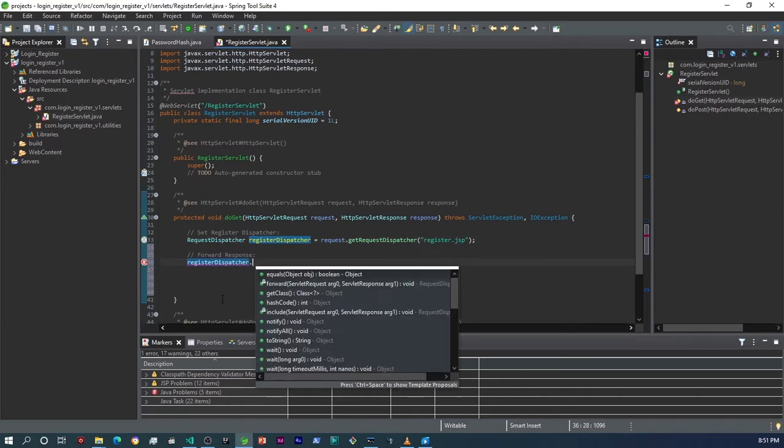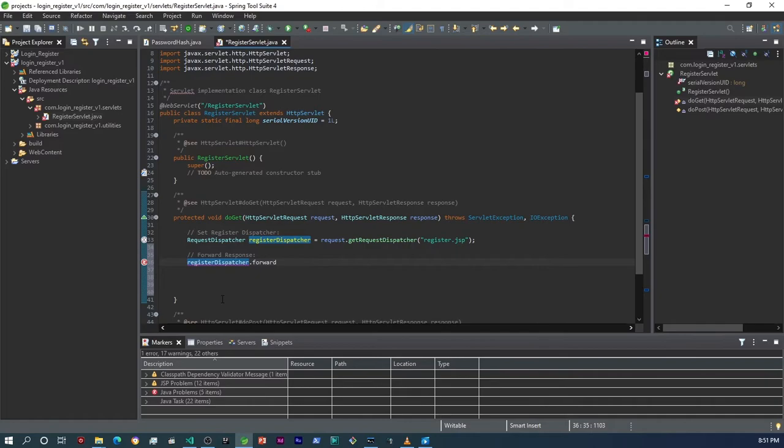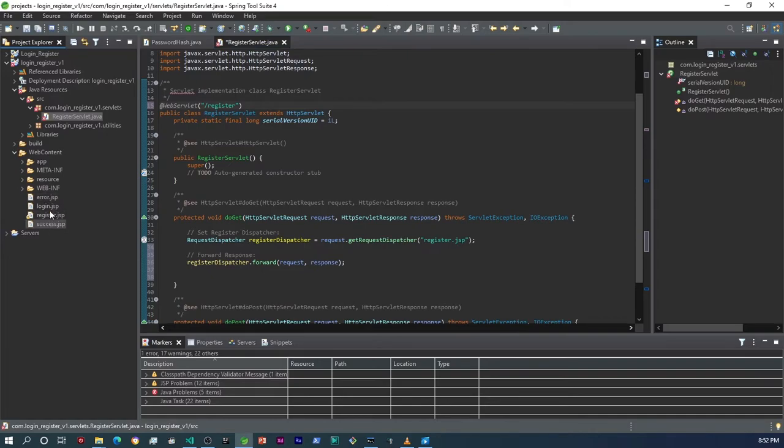And then I'm going to have to say forward request and then response. So basically with this, what it's going to do, actually we need to change this URL here. So I'm going to say register. Sorry about that. So here where it says WebServlet, we have to set that to register so that on the login page itself,